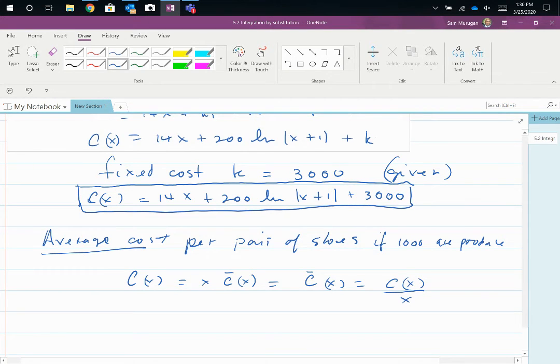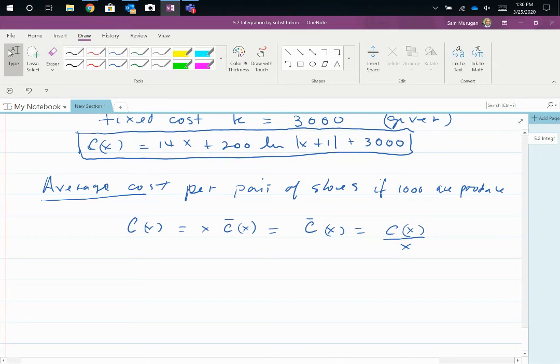So your average cost is cost over x. So we're going to substitute our 14x plus 200 ln |x plus 1| plus 3,000 divided by x,